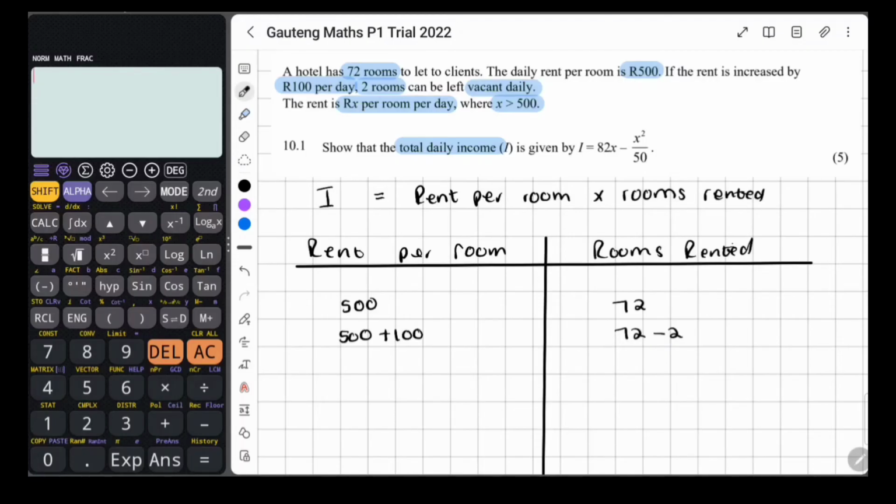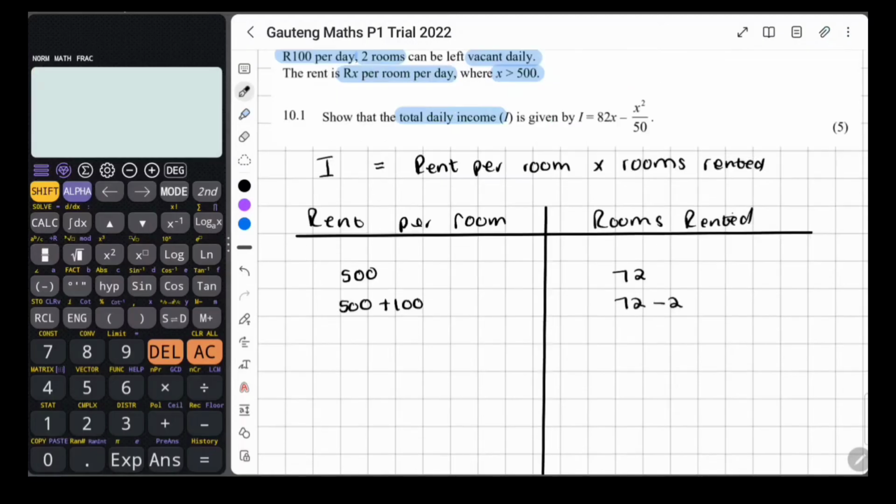But the thing here is that they're not saying that the rent is actually a specific price. They say the rent is X Rand per room per day. But before actually looking at that, let's just see the pattern that this keeps creating. Since this part keeps increasing by 100 Rand, the next time that we increase the price again, so when we're